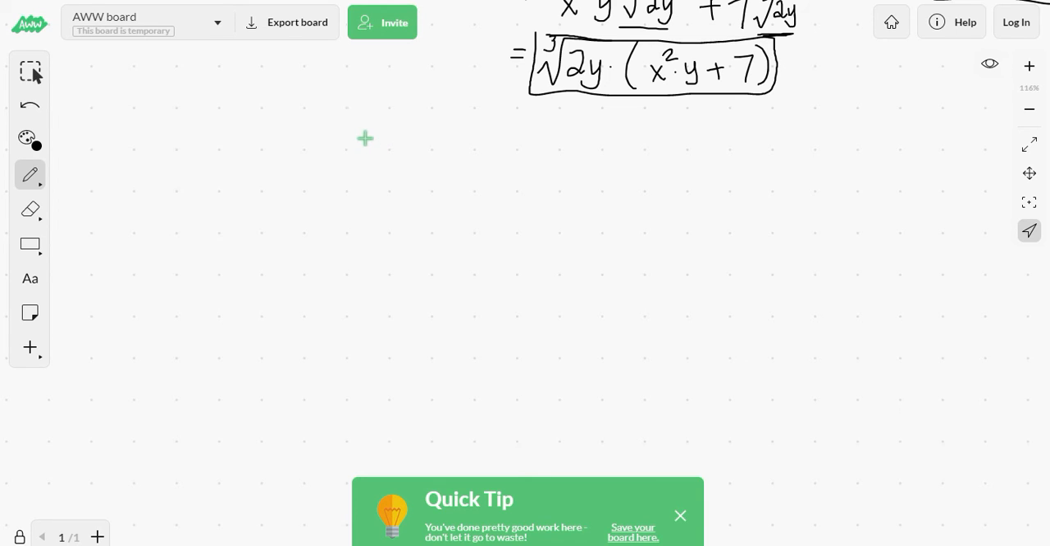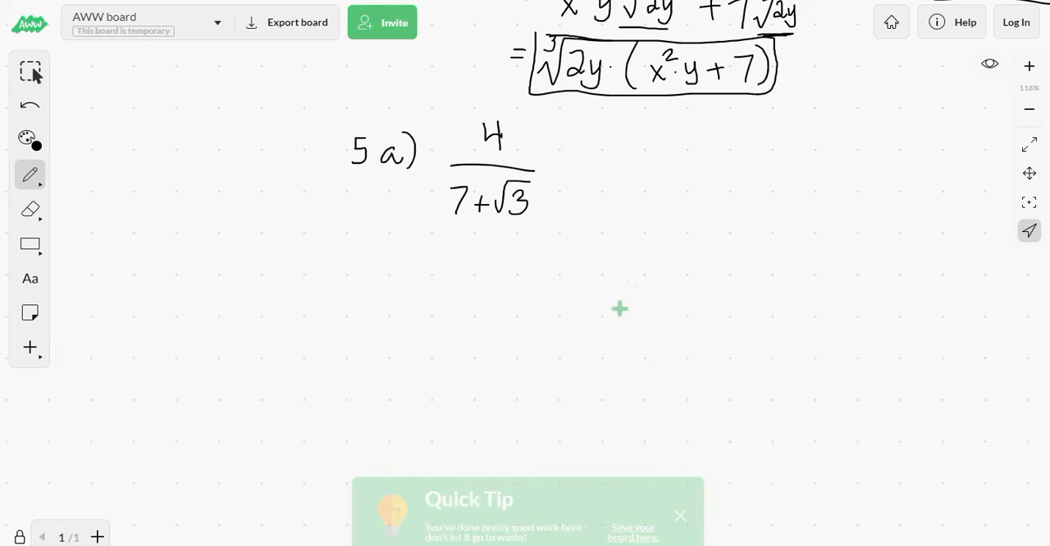So let's do example 5a. 5a gives us the following. We're given 4 over 7 plus root 3. And what we need to do is simplify this, or rather we need to rationalize the denominator. We're going to make that denominator rational. Notice currently we've got that root 3, so it's not really rational. Hence the naming for rationalizing. We ultimately want to make it rational. So in this situation, the way that you make it rational,